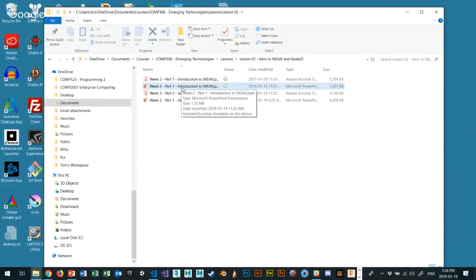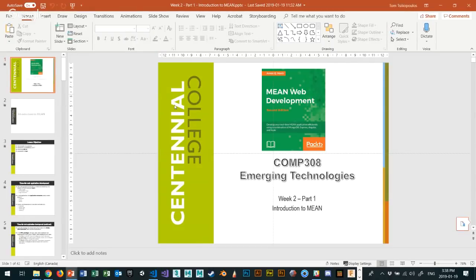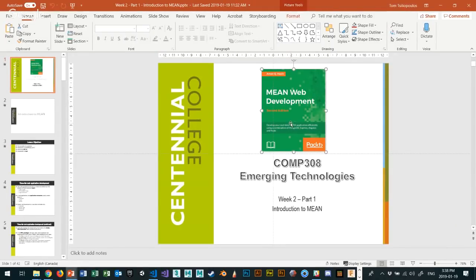Some of this work is coming from the books that I referenced earlier, so it's not just my stuff. I'm going to talk to it, but not necessarily read them. Again, this is the main book that we're using, but the other 3 books are going to be used later on in the course. The other 3 books are going to cover machine learning, MERN, so Mongo, Express, React, and